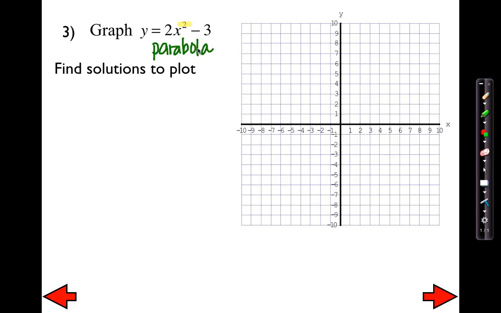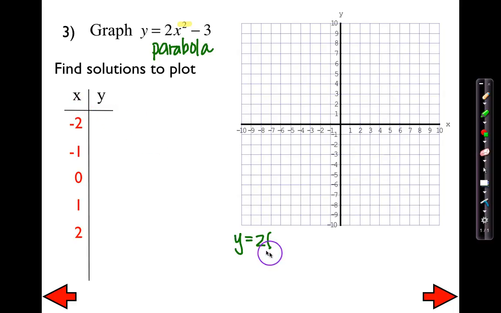So once more, since it's not a linear relationship, I can't just use slope-intercept form. I'm going to have to create a table. And the inputs for this table will be -2 all the way to +2. So once more, you're going to go ahead and plug them in. I'm just going to show you a few of the values, and then I'm going to finish it up from there. But here, y equals 2 times x squared, so in this case, -2 squared